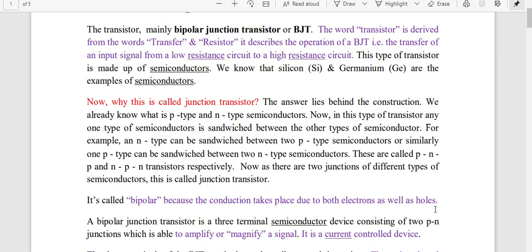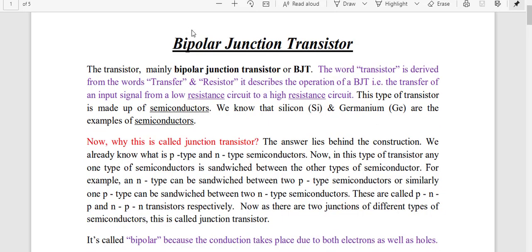When you are asked why BJT is bipolar, the answer of most students is, ma'am, it has two poles, south pole, north pole. Not like that. The name bipolar here means that both the electrons and holes take part in current conduction. That's why the name is bipolar. And it has two junctions, that's why bipolar junction. And in case of bipolar junction, current passes from low resistance to high resistance. That's why the name is transistor. And this is the reason why the name is chosen, that is bipolar junction transistor.